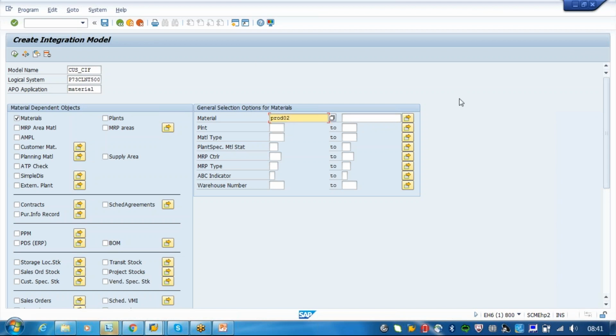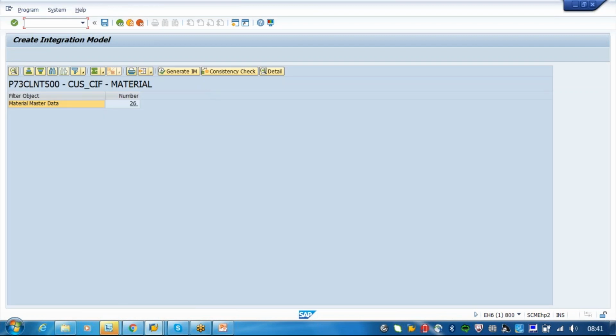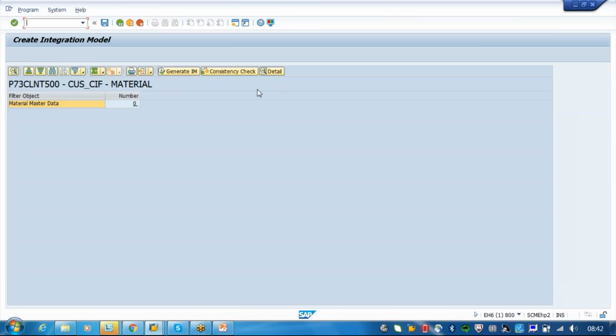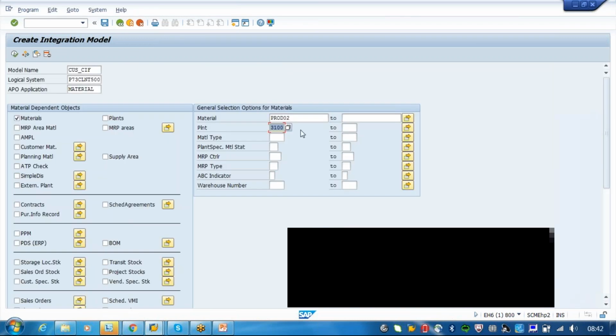Yes, it's clear. Okay, so here I just put the material which I know, and you can try on your own. You can create some materials and try to transfer them. Okay, what you can do, you can also put the plant. Product is not there.